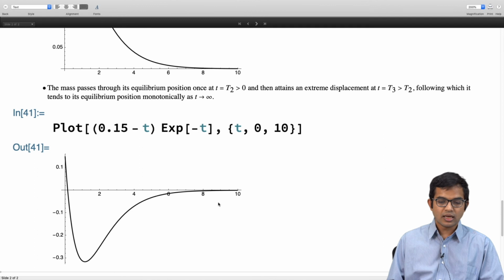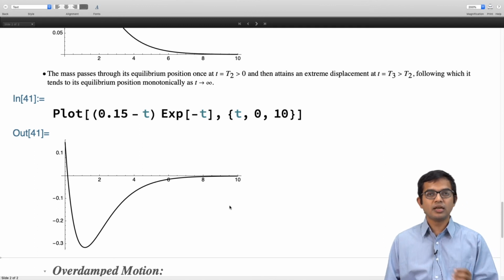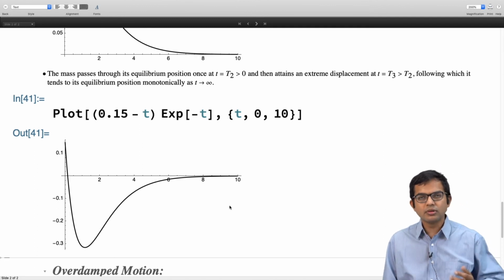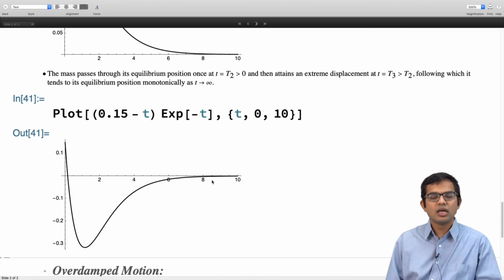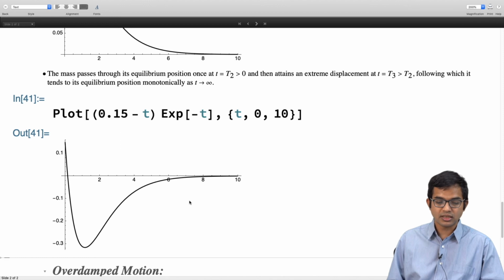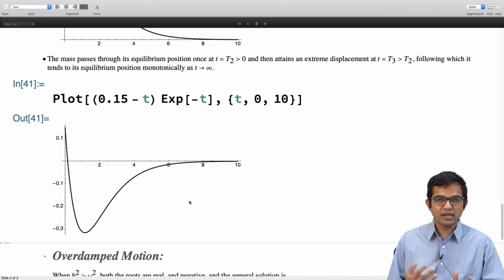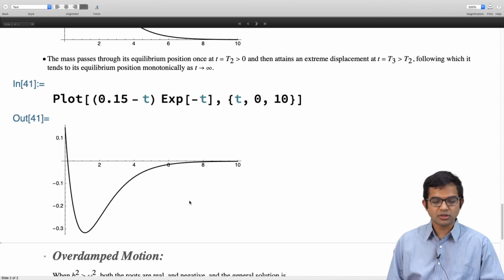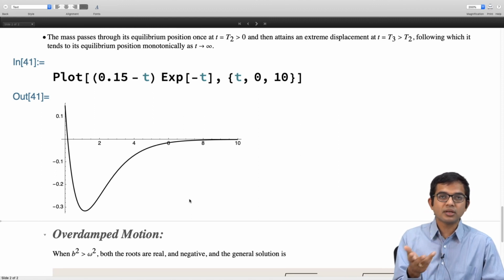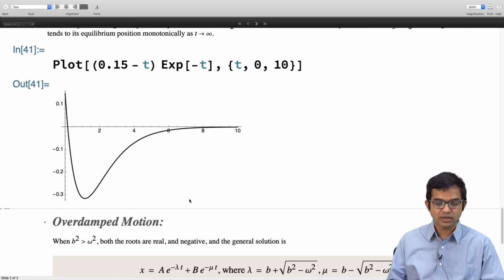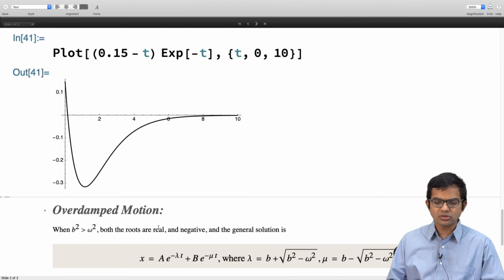So that's the critically damped case, and the over damped case is basically the same, but it's a more exaggerated version of it, in the sense that damping is really dominant here, and so even if you slightly decrease the damping, your motion is not going to be periodic in nature, right? So that's what is different here, and so the nature of the solution is also slightly different here.